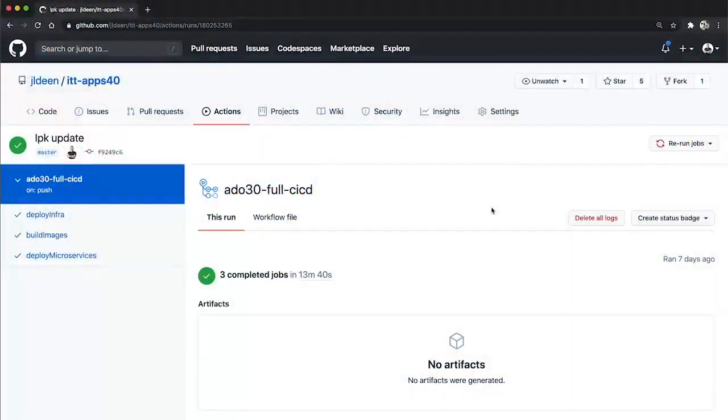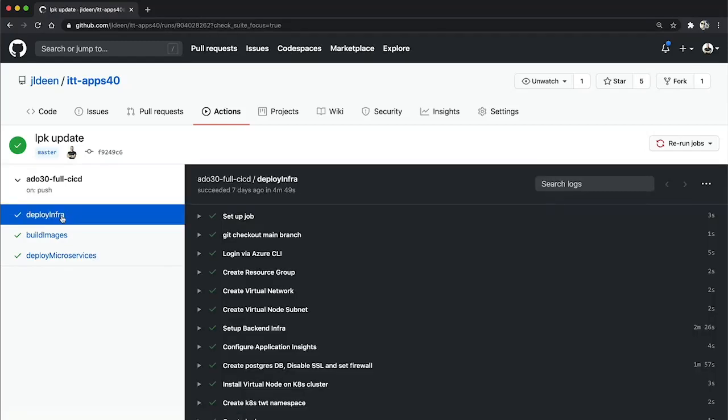All right. So here I'm currently looking at my GitHub Actions workflow. It's my full CI/CD for this demo. In fact, we can see on the left-hand side 3 different stages: our deploy infrastructure stage, our build images, and our deploy microservices. In the next session, we'll learn a little bit more about our actual deployment and delivering this code. But for now, I want to show you just a little quick overview